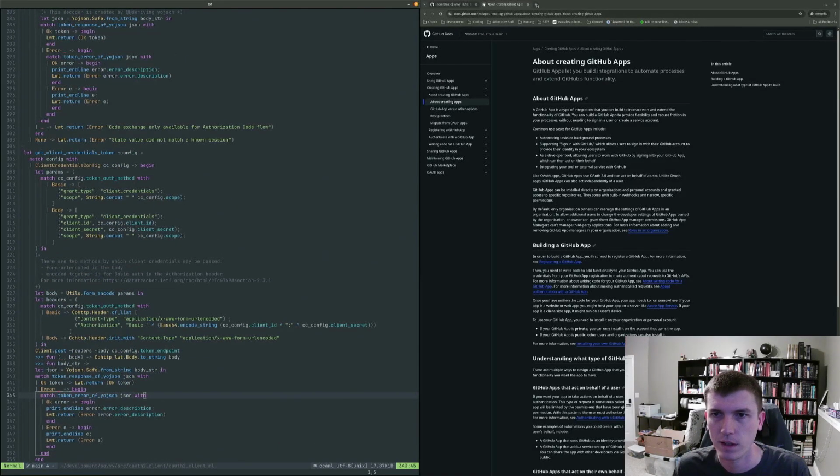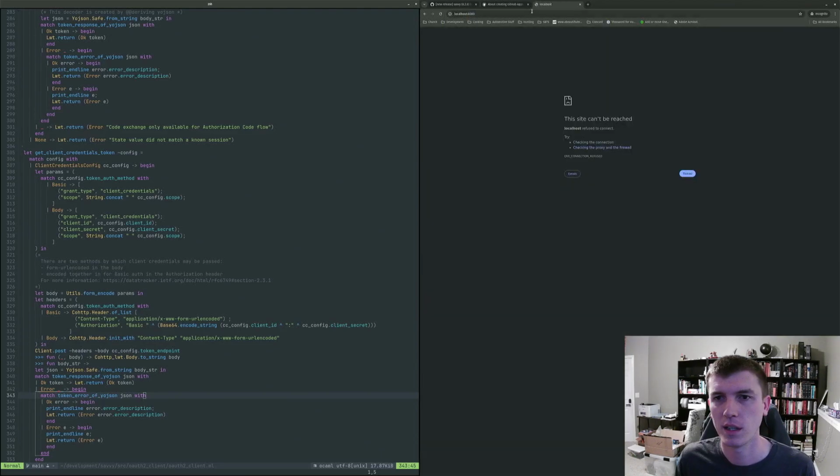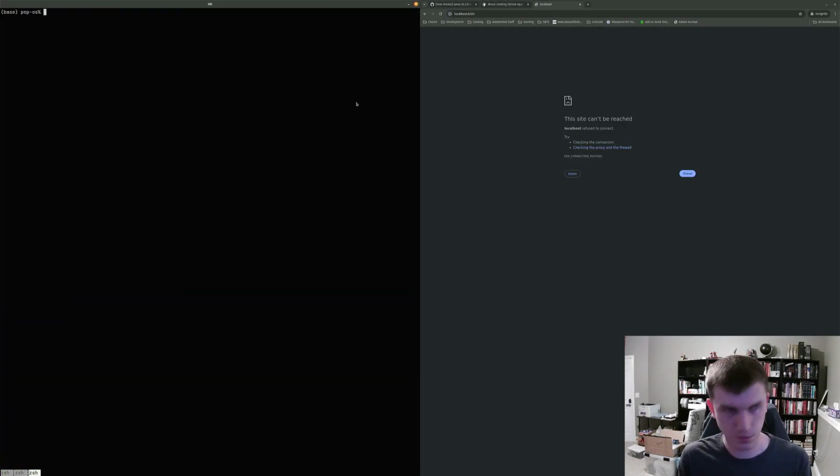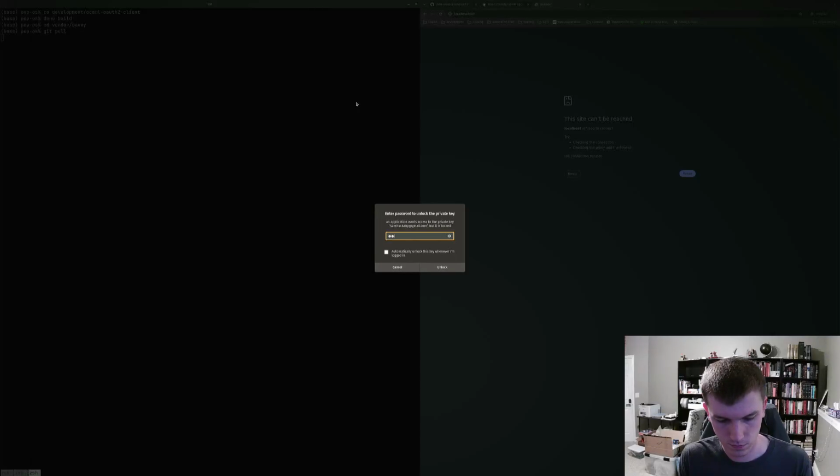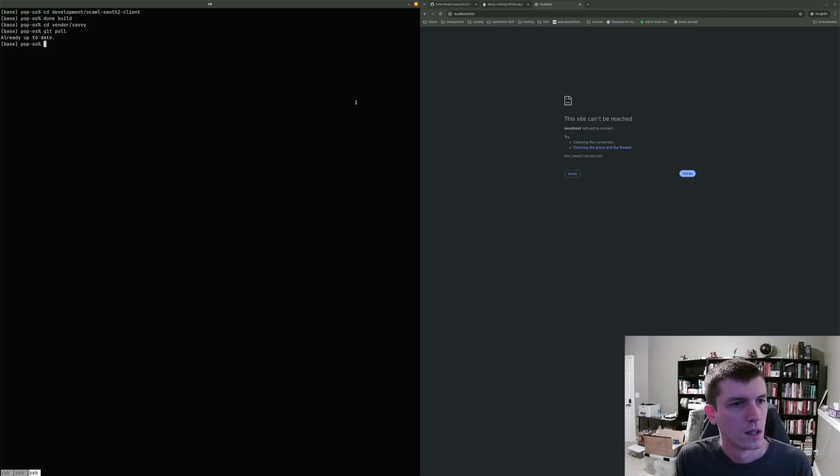So I'm getting a weird error. I was playing with this last night, and I'm getting a weird error from, let's open a couple of these. Let's go to our OCaml OAuth client. This builds, yes. Check that vendor, check that we're up to date on our Savvy. Don't steal my password. Cool, up to date. So we can do a Dune exec deck dash watch. Yeah, so we can do that.